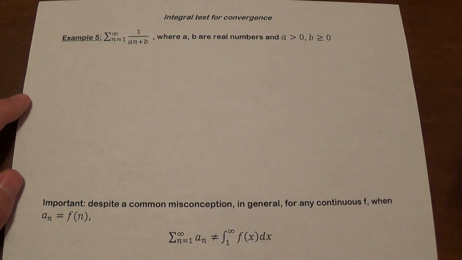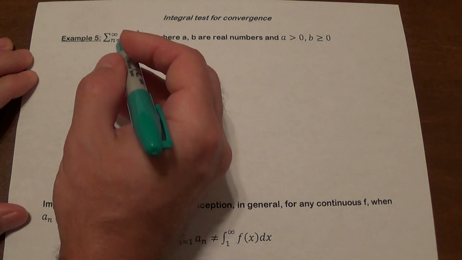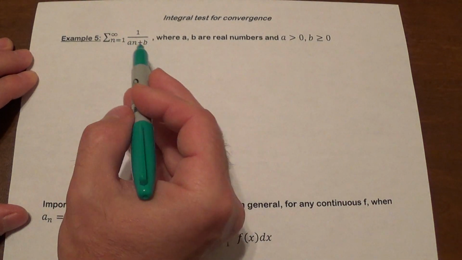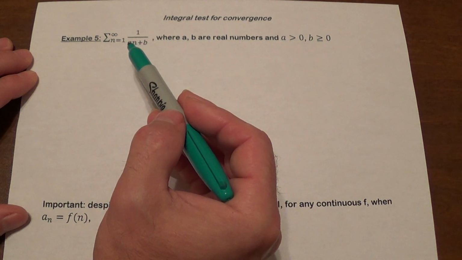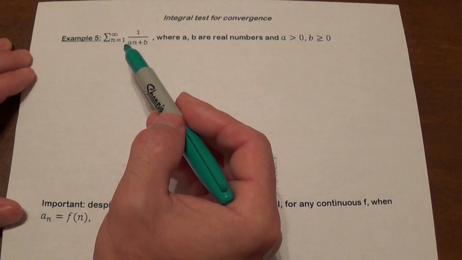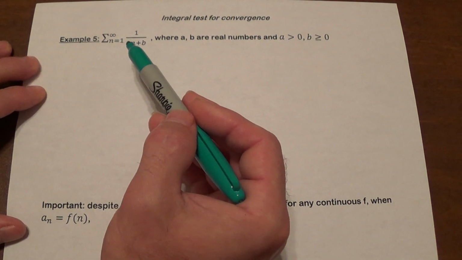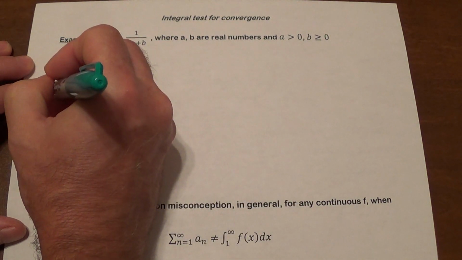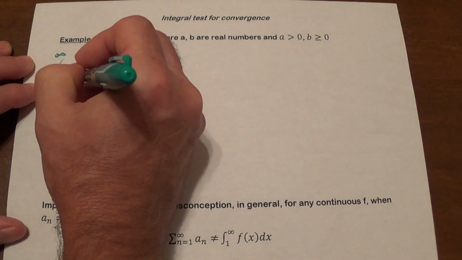Okay, so our last example here. We have this expression 1 over a n plus b. So n is n obviously, but a and b can be some positive values that we're going to be using. We just want to generalize any expression in this form so you can quickly recognize them in the future. So we're going to rewrite that with the integral from 1 to infinity of 1 over ax plus b